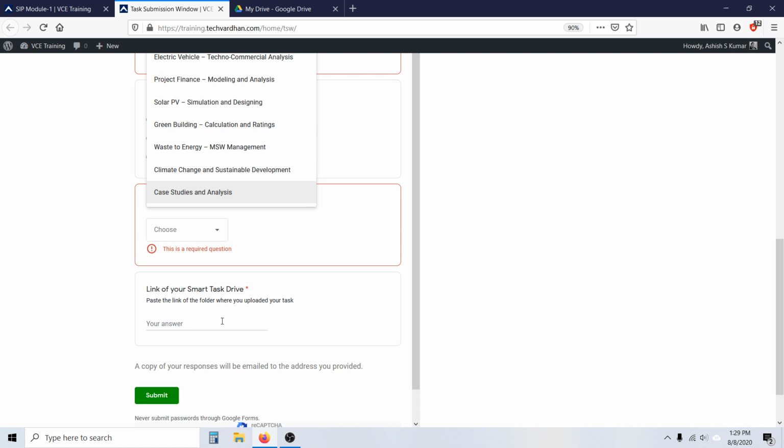Here you are not required to upload your task in the form. Why is it so? Because previously we found that out of 100 people submitting the task on our task submission window, there are always 5 to 6 who are not able to upload. Some server issue, some other issue. We checked with Google also, and they told us that if a lot of people access the same form at the same time, this problem happens.